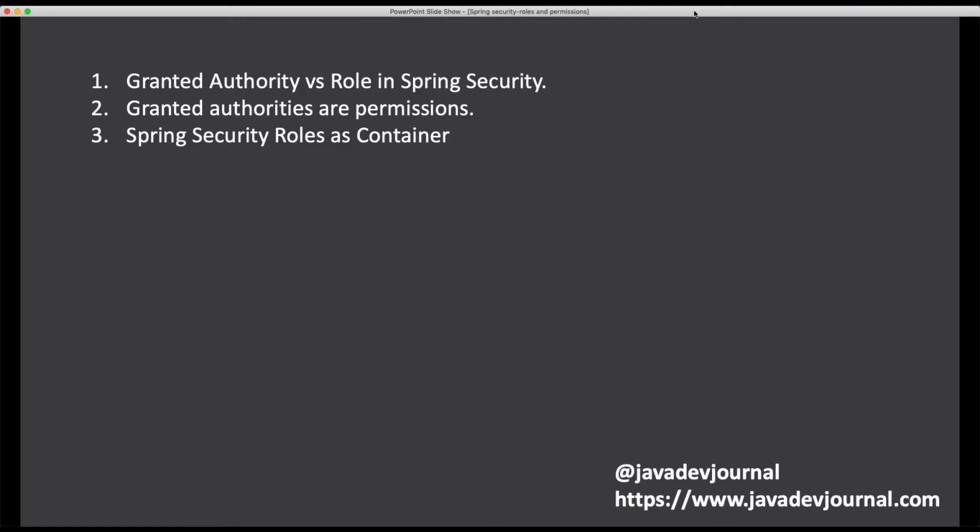If you are not building a very complicated application, you can have one role and one granted authority. That means the same role will carry the same granted authority, right? In this lesson, we are going to focus on a one-to-one relation between those. But in our next lessons, we will cover in more detail how we can use roles to manage multiple granted authorities. And the last thing is how roles and permissions work in Spring Security.